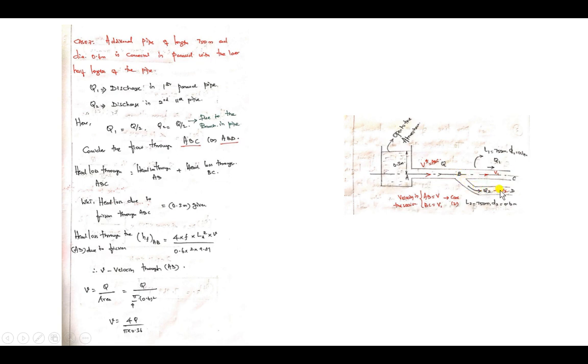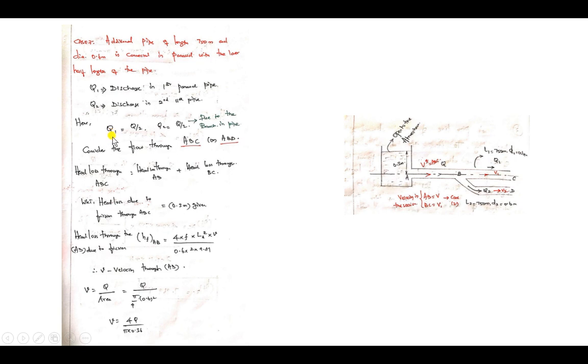At point B only we are adding the second pipe, so we will have a different discharge from point B to point C. So now let us say Q is the discharge in AB and Q1 is the discharge between B and C, and Q2 is the discharge between B and D, such that Q equal to Q1 plus Q2, because this discharge is going to get divided into two. So Q1 is in the first pipe, indicating BC, and the second pipe indicates BD. So don't get confused: AB is the main pipe, BC is the first pipe, BD is the second pipe, now for the second case, second condition.